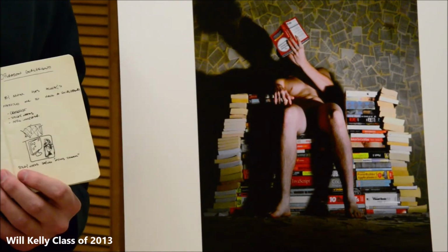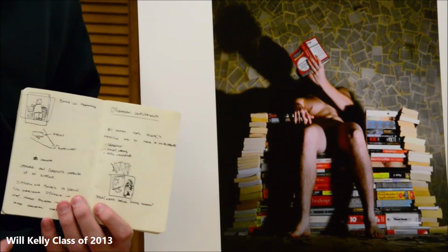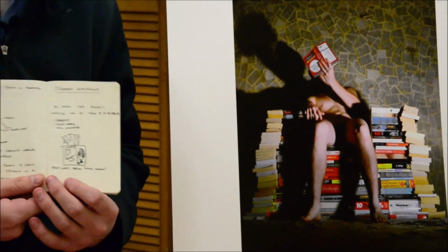The reason why I'm sitting on the books is to represent me physically or mentally overcoming dyslexia, but yet I still have the problem, showing the dictionary upside down, which is the holder of words, showing that I still haven't overcome it. Another thing is...